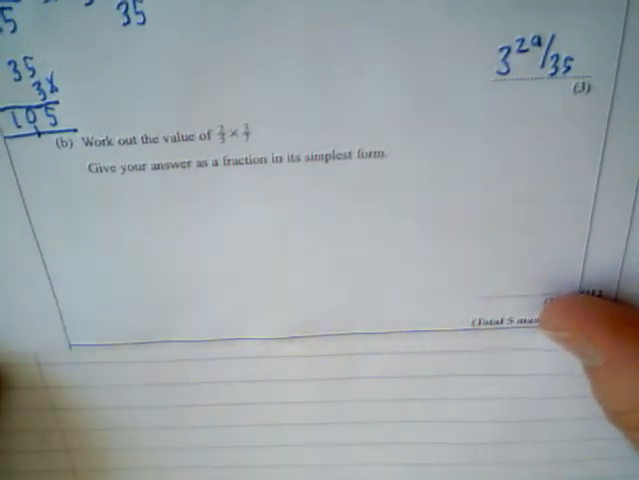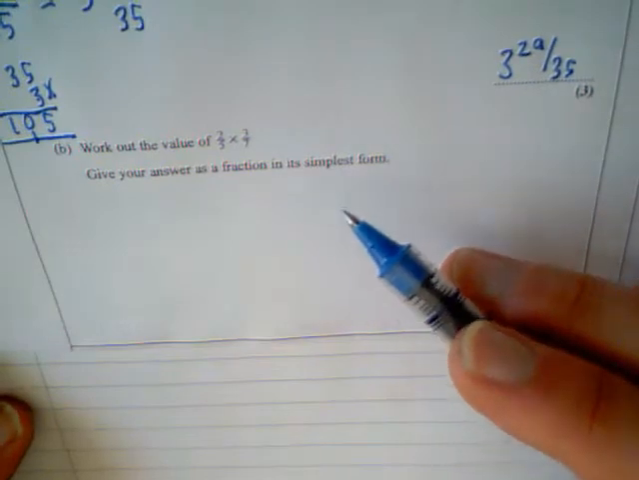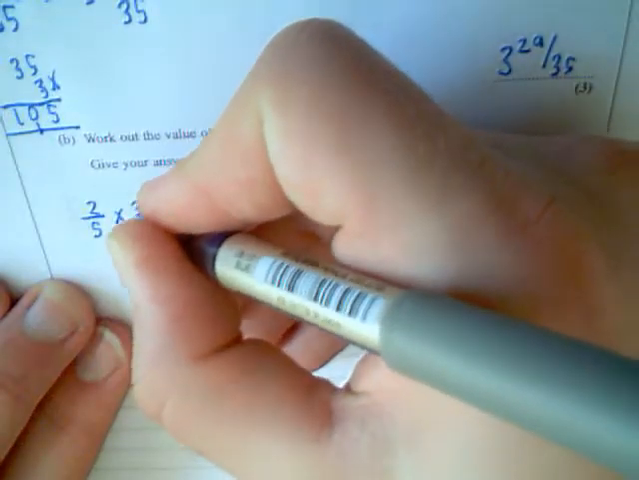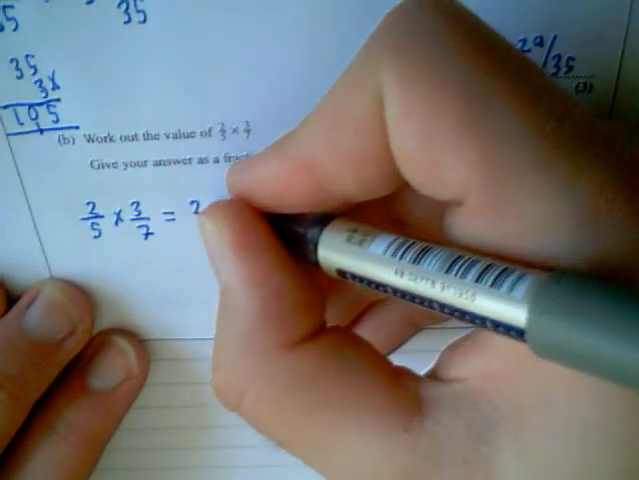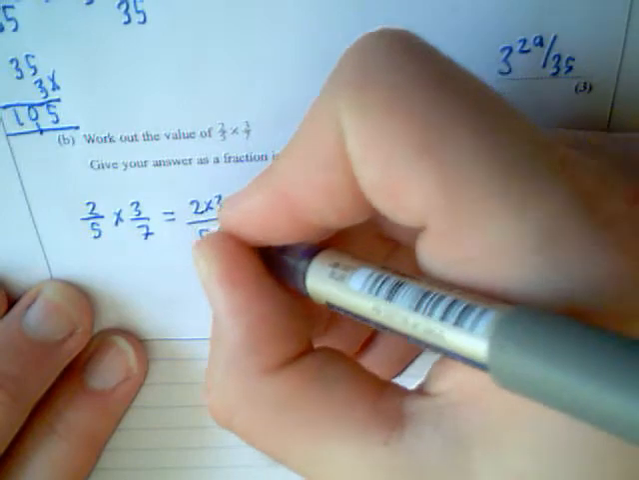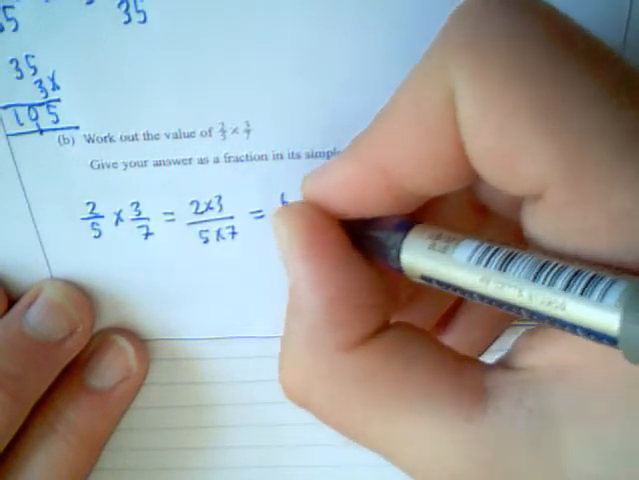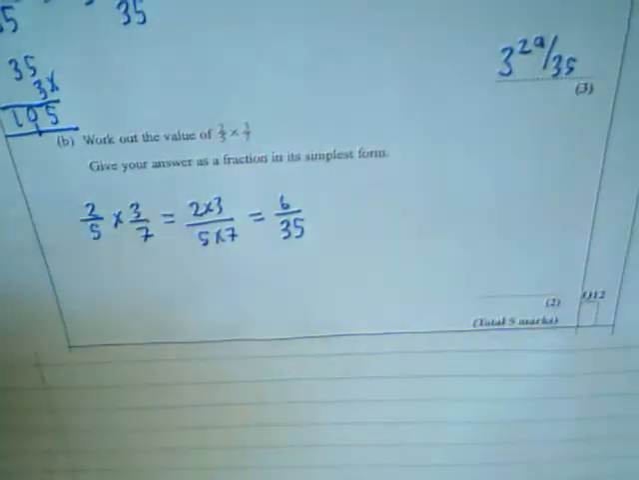Next part, work out the value of 2/5 times 3/7. Give your answer as a fraction in simplest form. Well, because it's just multiplication, we can just times the top by the top and the bottom by the bottom. So we get 2 times 3 divided by 5 times 7, which is the same as 6 over 35. And now can we see, does anything